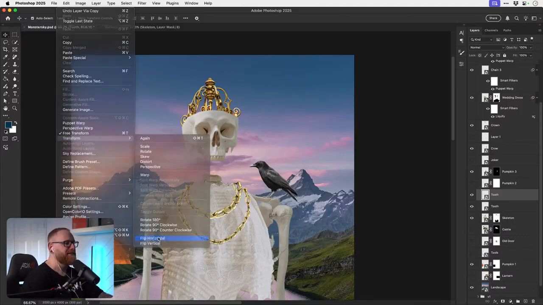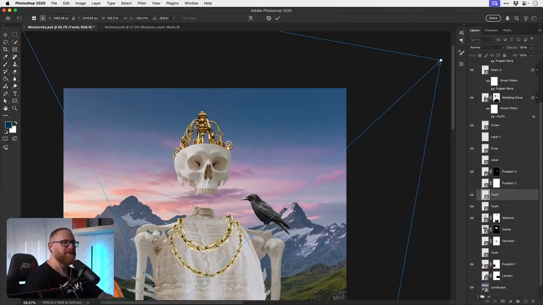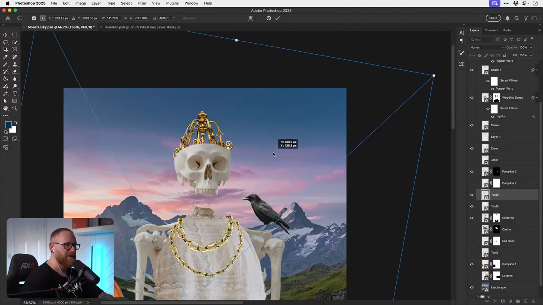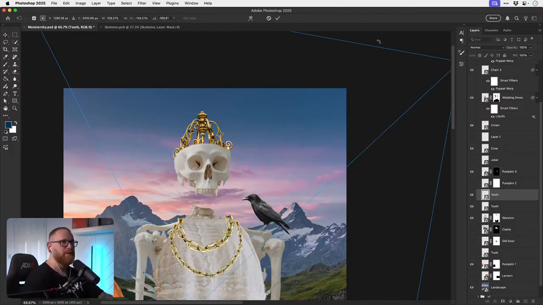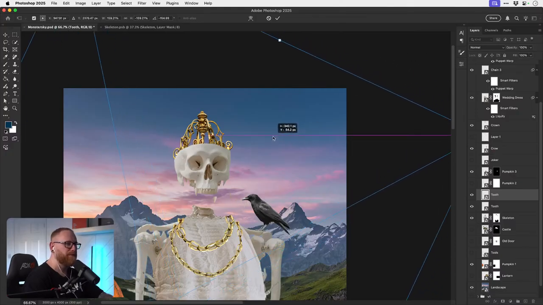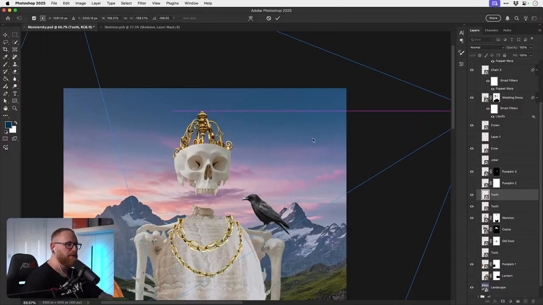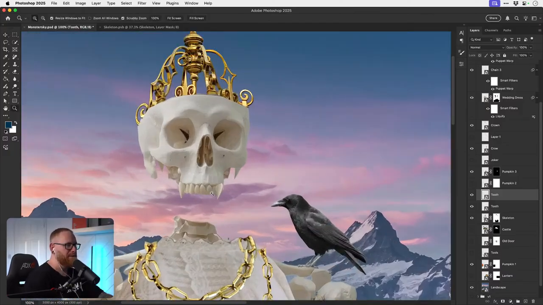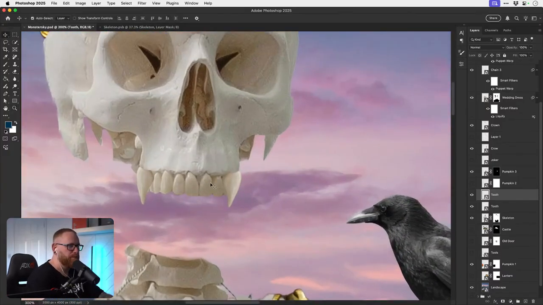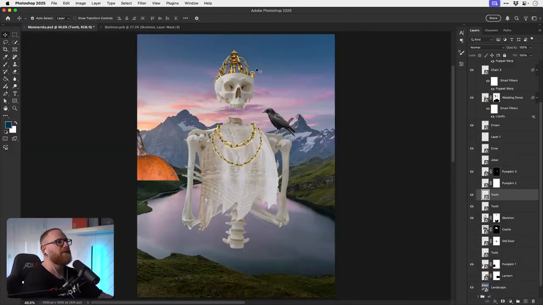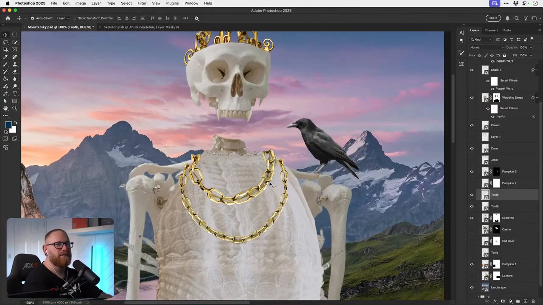Okay. Right, I'm going to lazily flip this around and ignore the lighting for now. Just the angle. Yeah, we can adjust the shading on that. That's kind of cool.